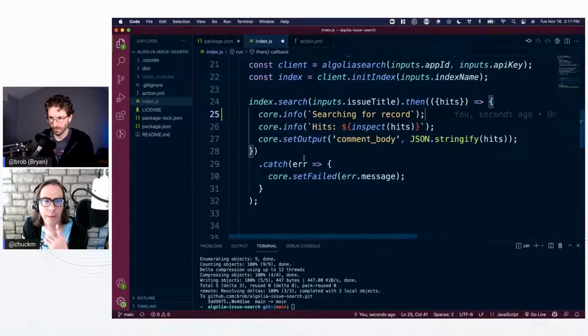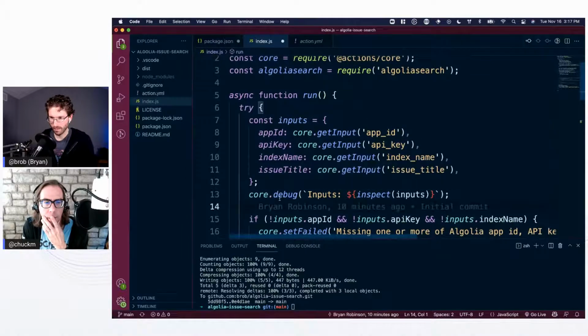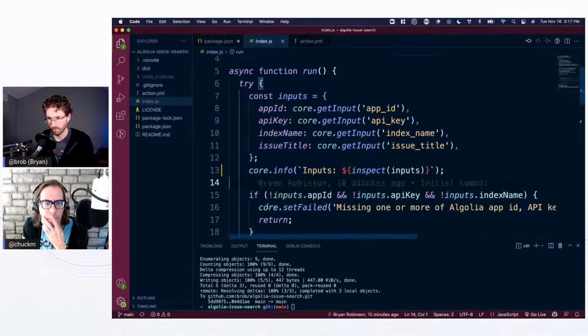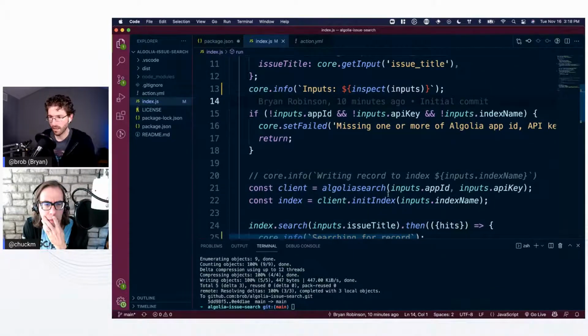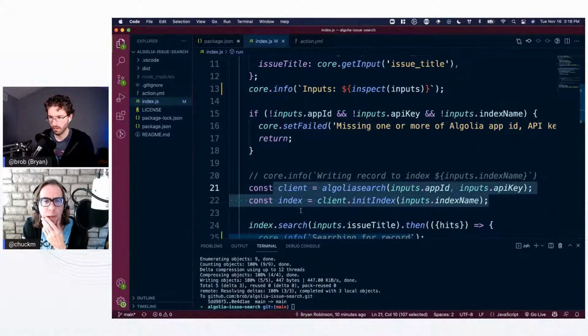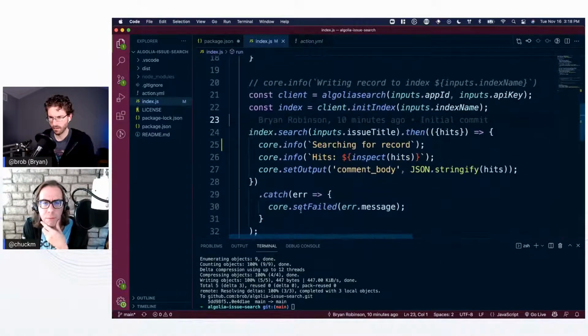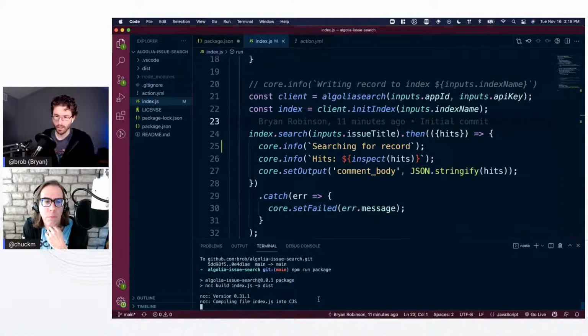You want to put one at the top before I actually even make my connection there. Yeah. Also, are we doing any sort of try catch on the client connection just to make sure that's working? On the client connection? No. I mean, well, it's in the bigger block, so that should be fine. Yeah. I'm not too worried. So it's using the same creds. Yeah. So let's see if we get searching for record, right? Okay. Run package, git commit,